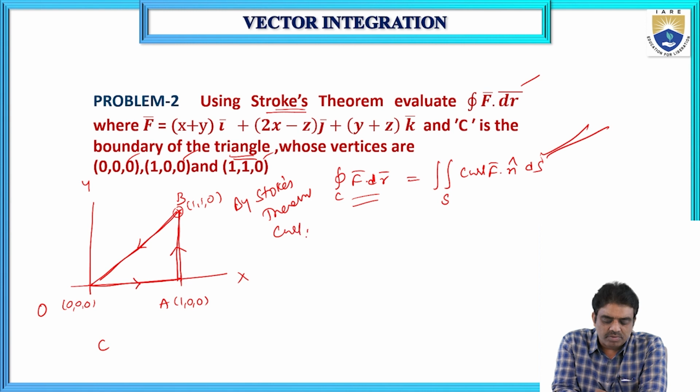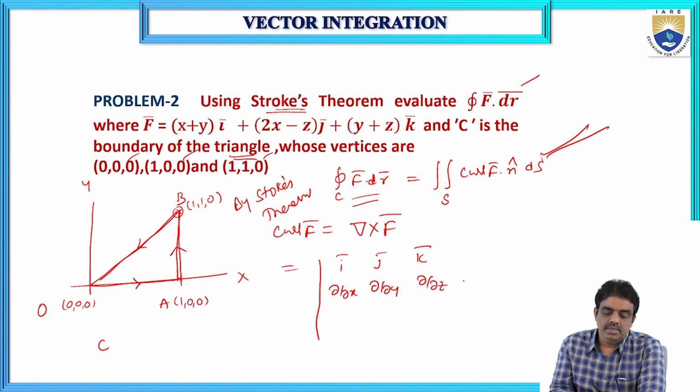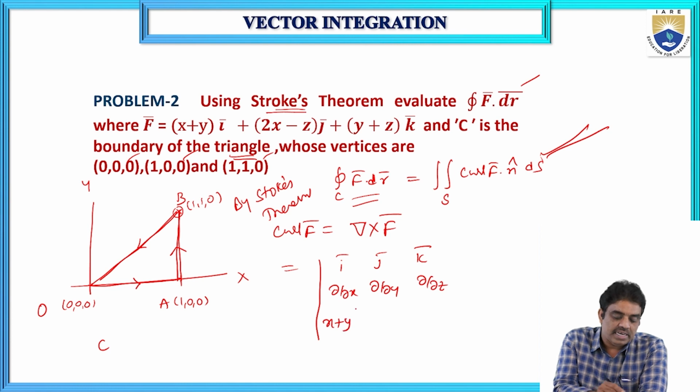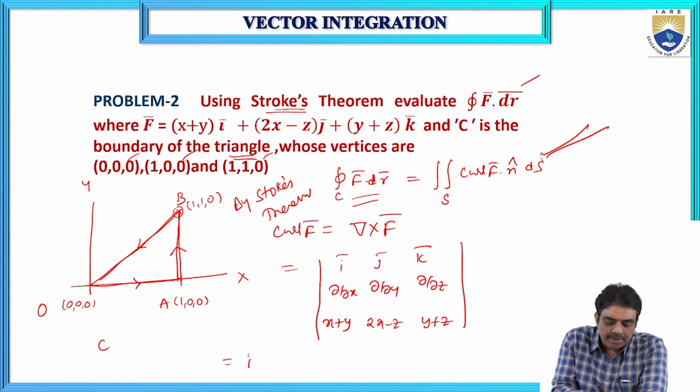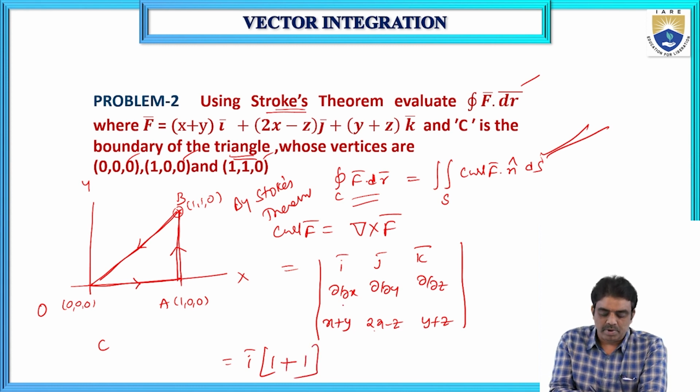So before going to that, we calculate curl f bar. What does curl f bar mean? Del cross f bar, that is the determinant with i bar, j bar, k bar, dou by dou x, dou by dou y, dou by dou z, and the f bar coefficients. In f bar, the i bar coefficient is x plus y, the j bar coefficient is 2x minus z, the k bar coefficient is y plus z. That is i bar into dou by dou y of this one, that is 1, minus dou by dou z of 2x minus z, that is 0 minus 1, so this is plus 1. I bar into this minus this, so 1 plus 1,